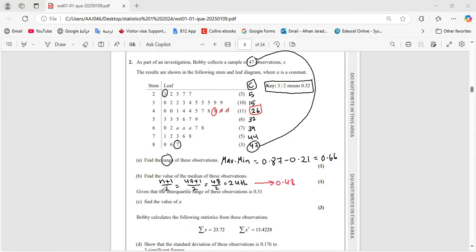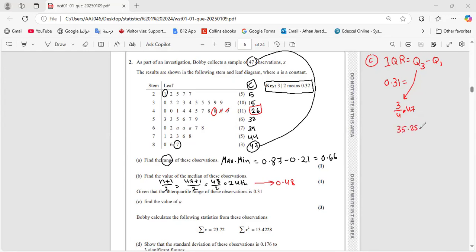0.48. Given that the interquartile range of these observations is 0.31, find the value of A. Okay, so C. The interquartile range equals the third quartile minus the first quartile. The interquartile range, which is 0.31, equals the third quartile minus the first. I can find the position of the third quartile by making 3 over 4 multiplied by the number of observations, which is 47, which equals